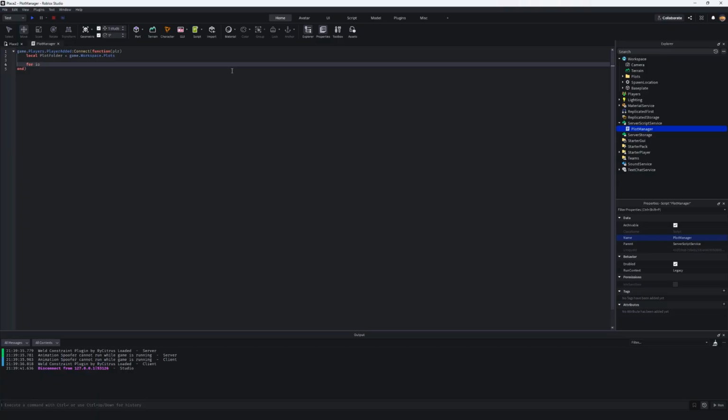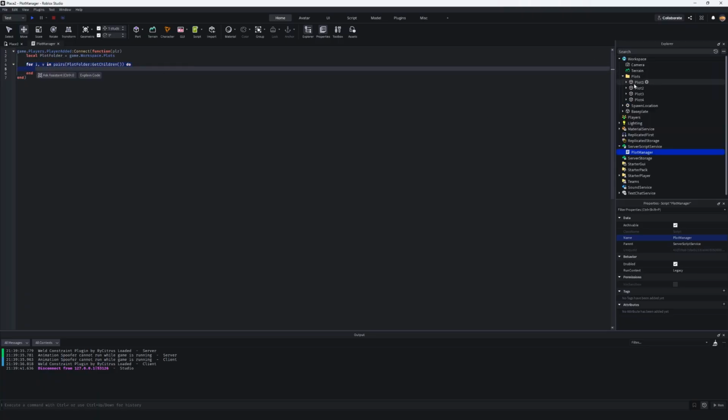Now we're going to loop through our plot folder, so we can pick a plot. It's for i, v in pairs(plotFolder:GetChildren()). So what this does is basically we have our plot folder right here, and it loops through all of these until it finds one that is not taken. So if v.taken.value, the bool value made here, is very important. If you don't add that, it won't work. Equals false, then